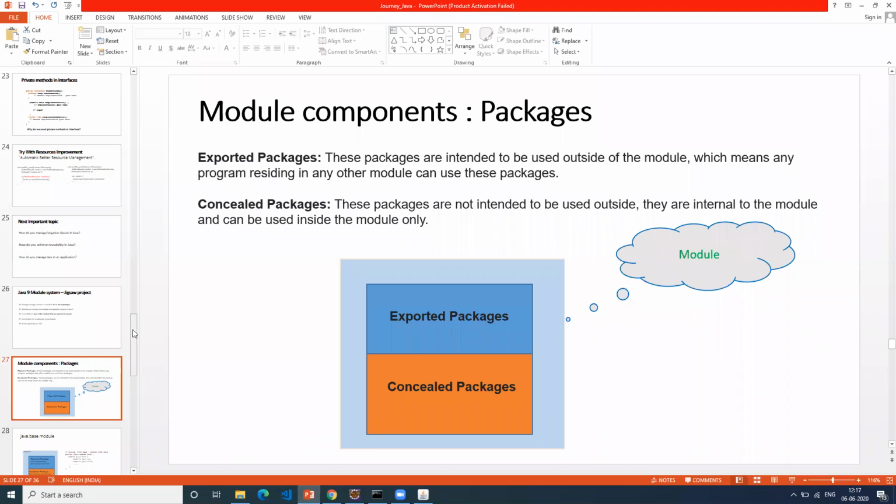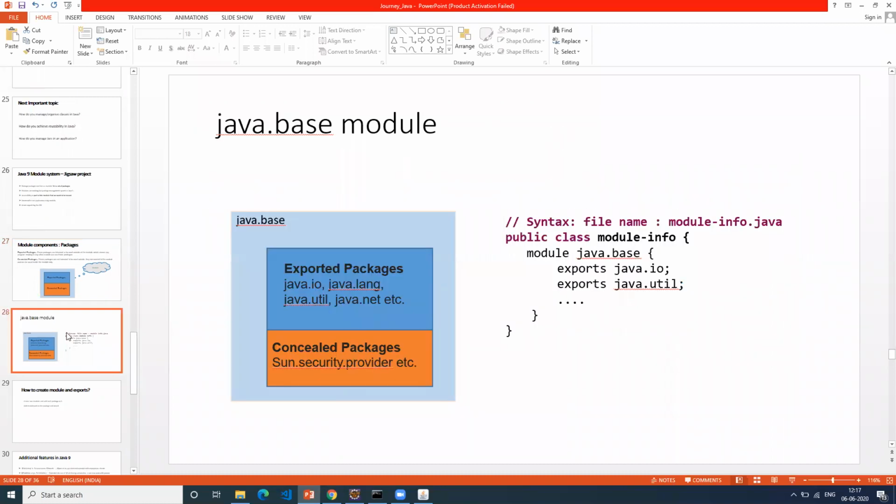Okay, let me go to this diagram. Now, if you see, Java is now divided into java.base. This is the base module, wherein it will have java.io, java.lang, java.util, java.net, and other important packages. I have not added all of them here.